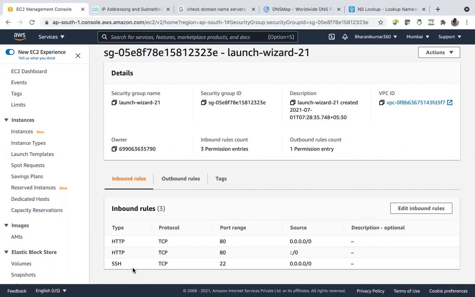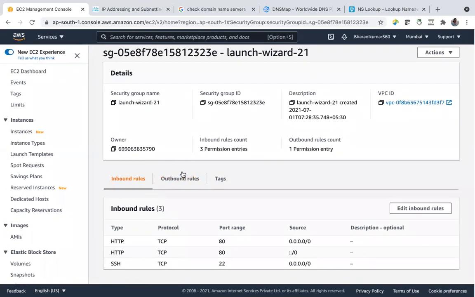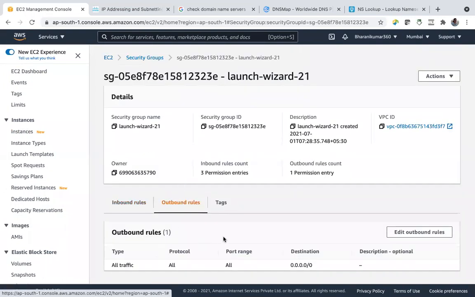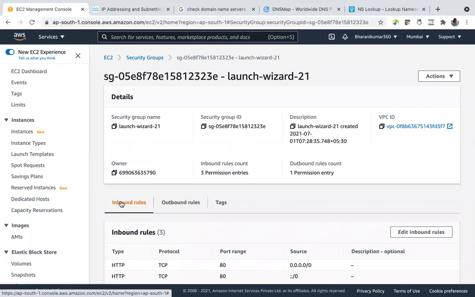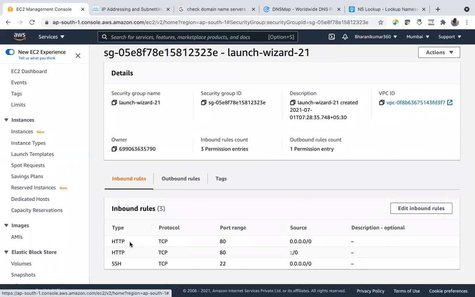By default, all the inbound rules are denied except SSH. Why? Because we need remote access. All outbound rules are allowed. That means traffic can go outside from the EC2, and what traffic should come inside, you have to allow through your rules.